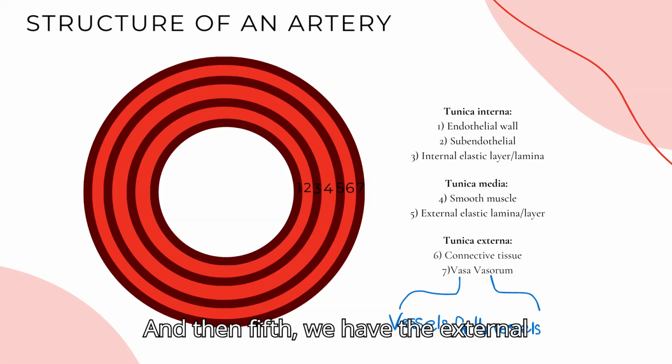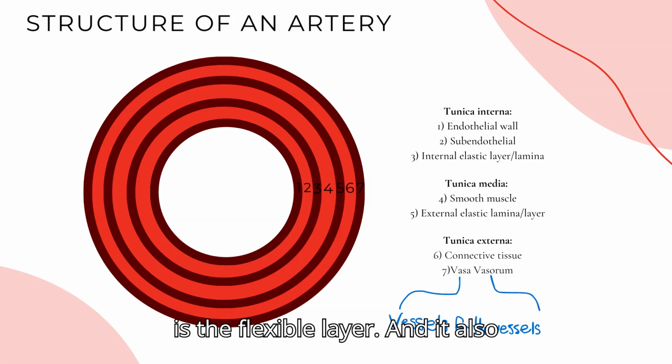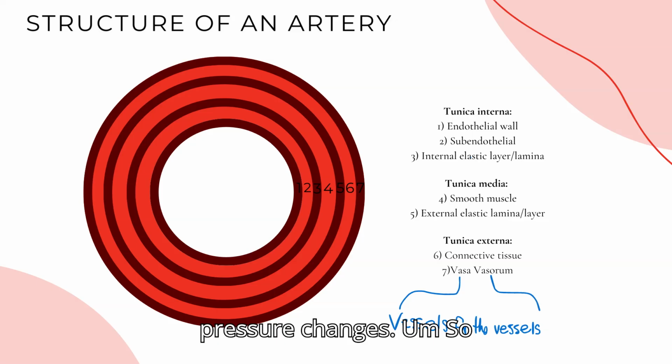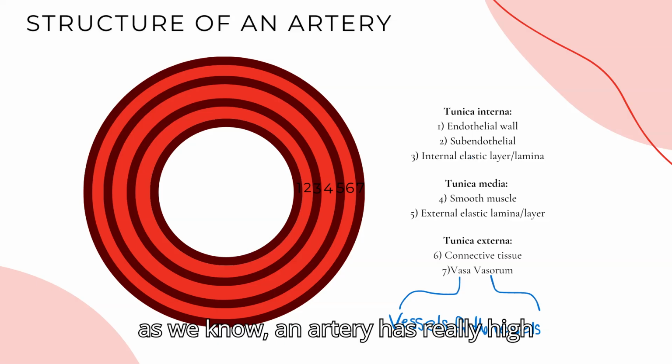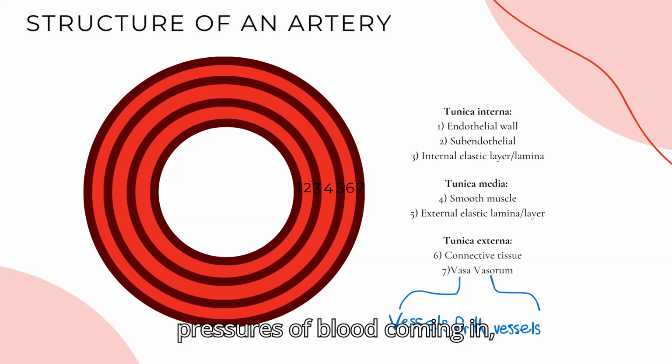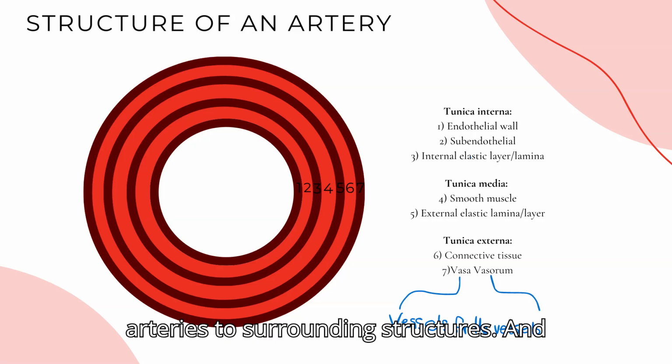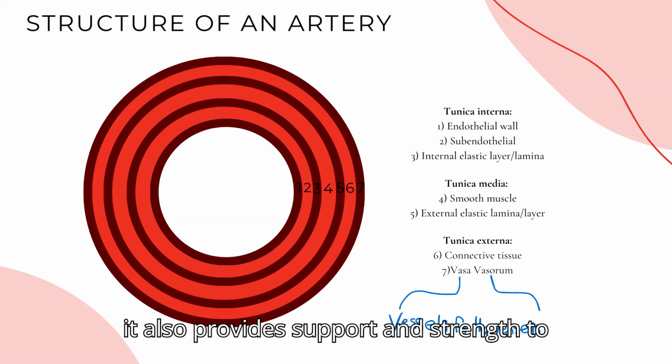And then fifth, we have the external elastic lamina, which, as I said before, is the flexible layer. And it also prevents damage by helping it withstand pressure changes. So as we know, artery has really high pressures of blood coming in, so the external and internal elastic lamina help keep the artery flexible so that it can withstand pressure changes. Sixth, we have the connective tissue, which anchors the arteries to surrounding structures, and it also provides support and strength